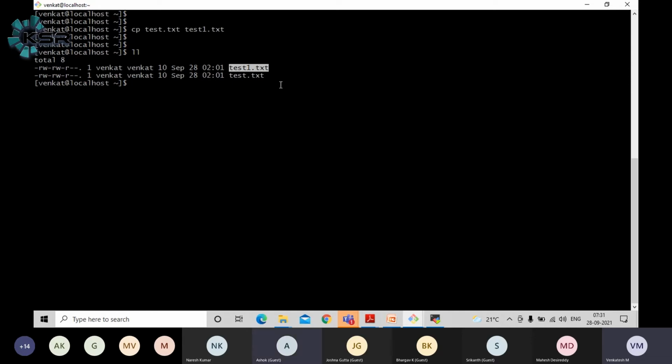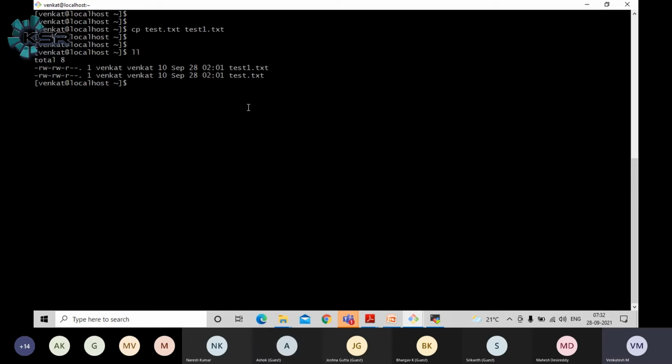Two files are there. This is because currently I had only created a file called test.txt, guys. But using the copy command, I have created a replica of the test.txt file. That means whatever file content, whatever permissions, everything, it will create a replica, guys. Okay, this is how the copy command works.